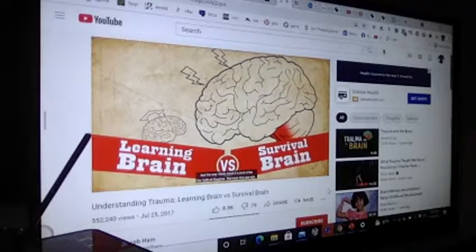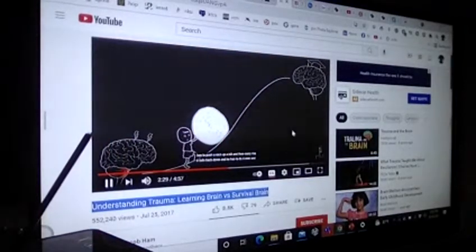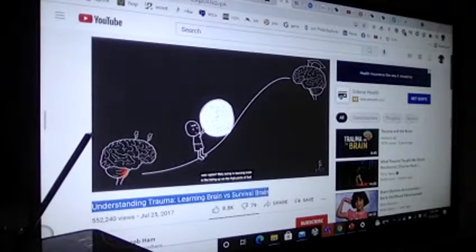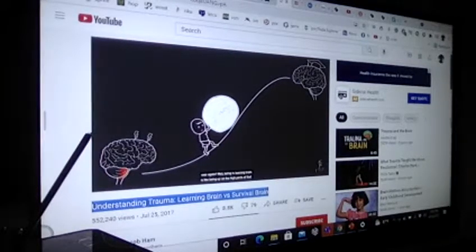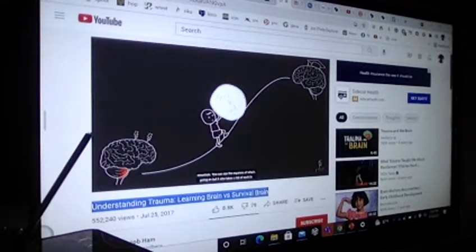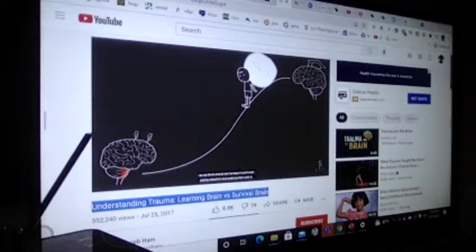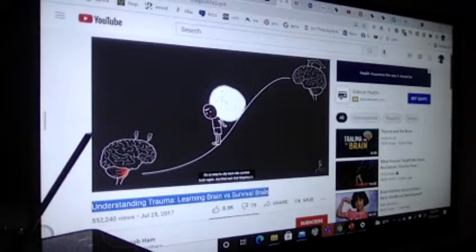And the way I think about it is kind of like the myth of Sisyphus. You know that guy who has to push a rock up a hill, and then every day it falls back down and he has to do it over and over again. Well, being in learning brain is like being up on the high parts of that mountain. You can see the expanse of what's going on. But it also takes a lot of work to be up there. And at any second, if you're not paying attention, putting effort into it, it's so easy to slip back into survival brain again.